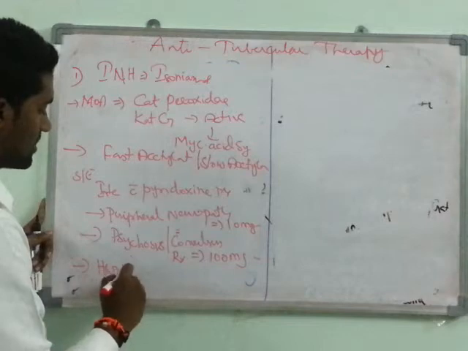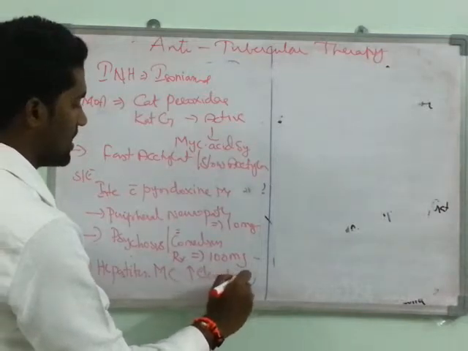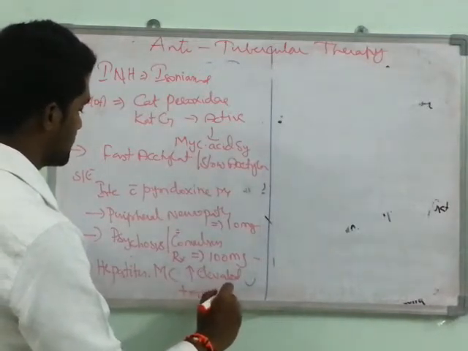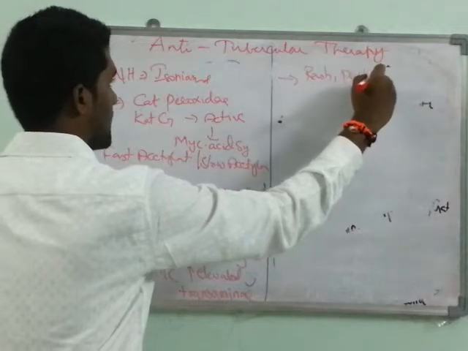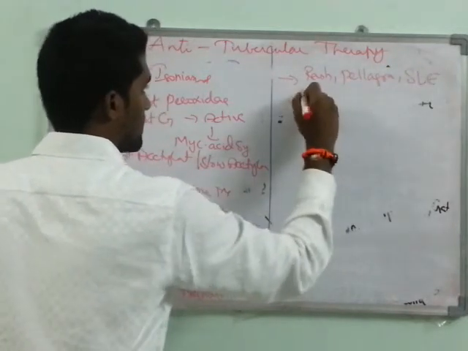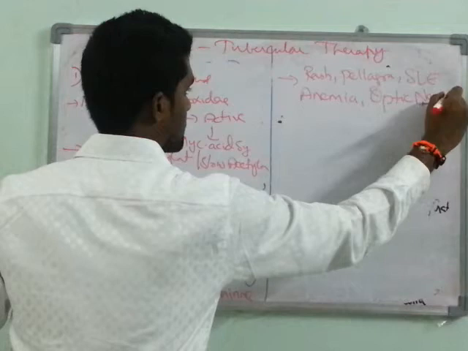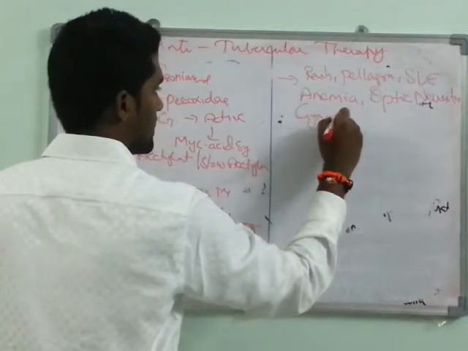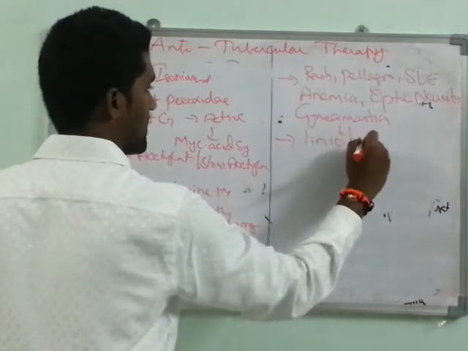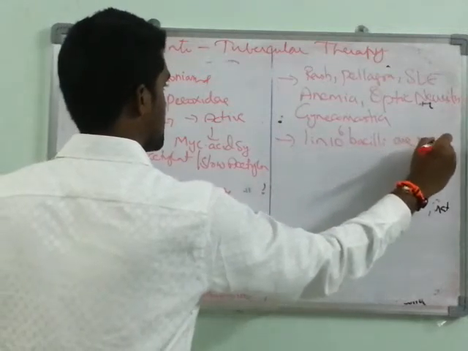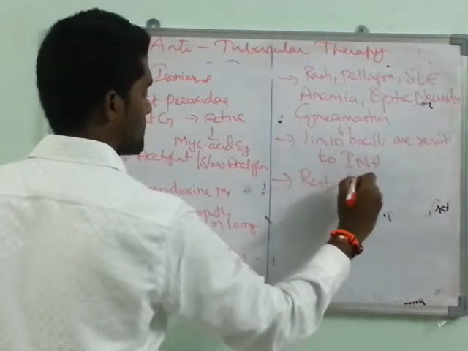Also it causes hepatitis. Most common side effect is elevated transaminases, and other side effects include rash, pellagra, SLE, anemia. It can also cause optic neuritis, and finally gynecomastia. 1 in 10 power 6 bacilli are innately resistant to INH, and resistance is through